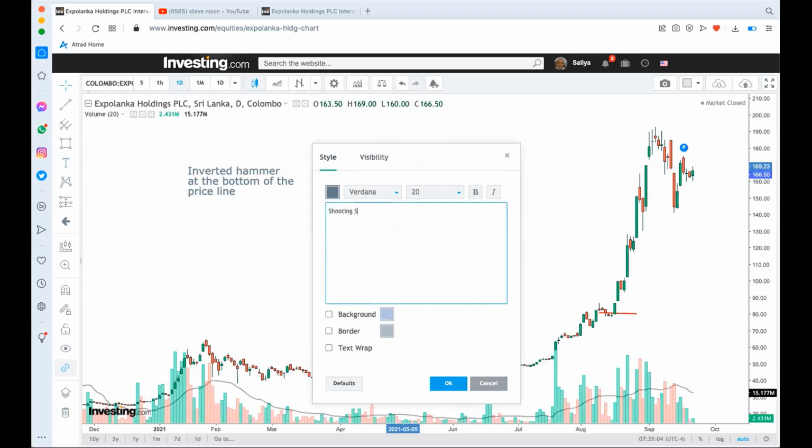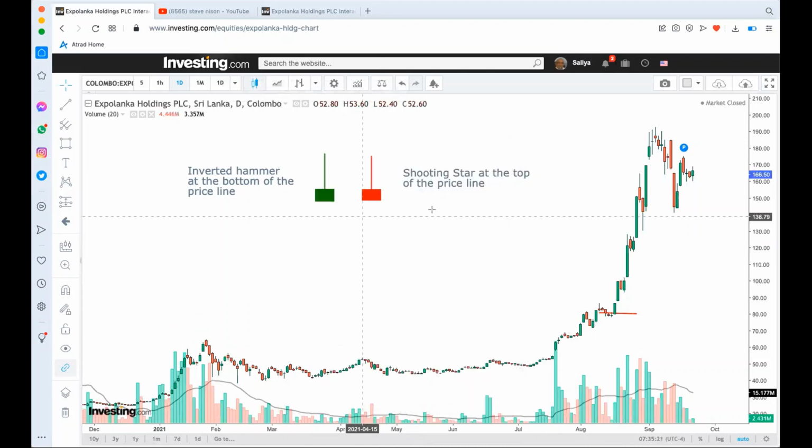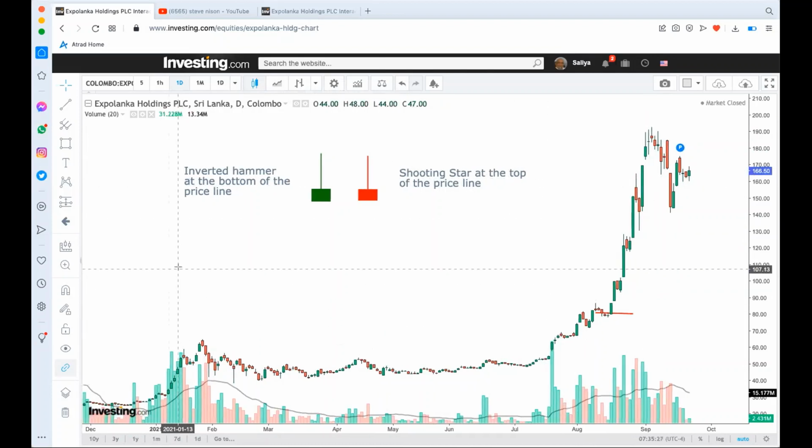Shooting star at the top of the price line. Right, so as I showed, you have shooting stars all over at the top, right? At the same time, you need to understand another message that is being given by these shooting stars, that